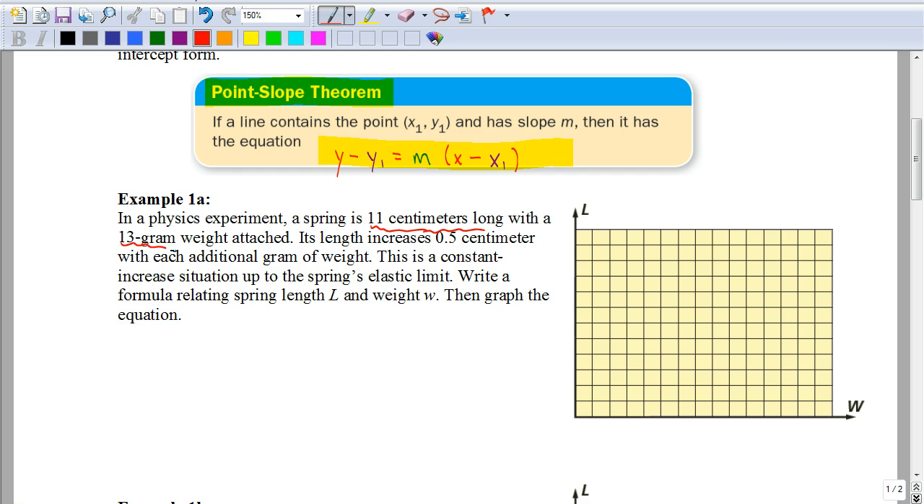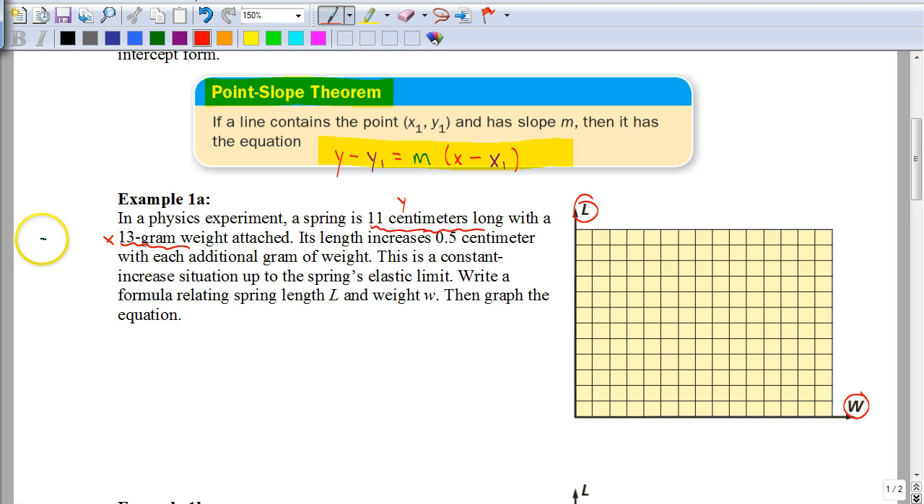So first off, what I realize is that they give us a graph here showing us that our weight is going to be our x-axis, and our L, the length, is going to be my y-axis. But let's say you weren't given a graph, how can we figure out what's your x and what's your y? What you've got to do is think about the dependent variable. Your dependent variable is your y. The weight doesn't depend on the length of the spring. The length of the spring depends on how much weight has been added. So the length, this 11 centimeters, that's going to be your y, and the weight is going to be your